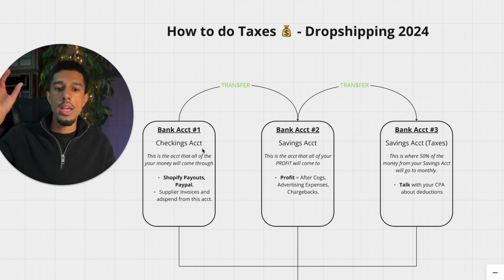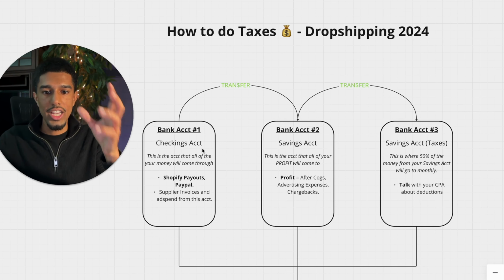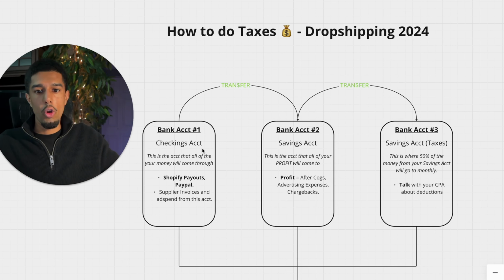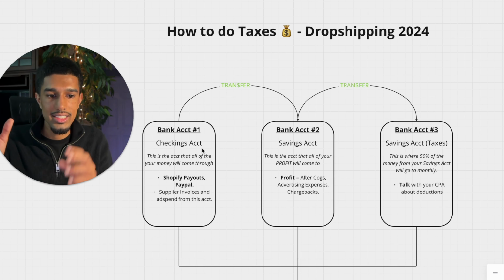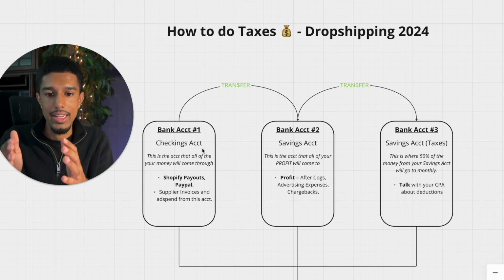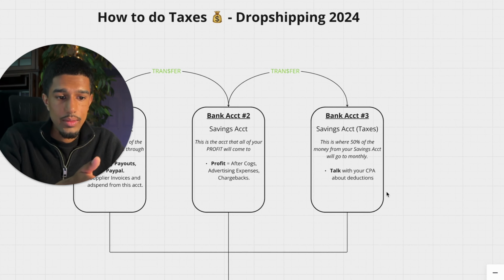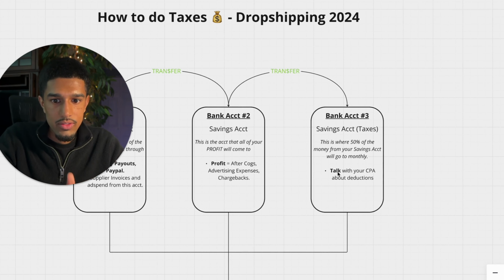You don't have to have the checking account with Wells Fargo and then the savings with Chase or US Bank and then your third bank with another bank. You can have the checking and the savings for bank account number 1 and number 2 within the same banking company. And then as far as coming to the taxes,